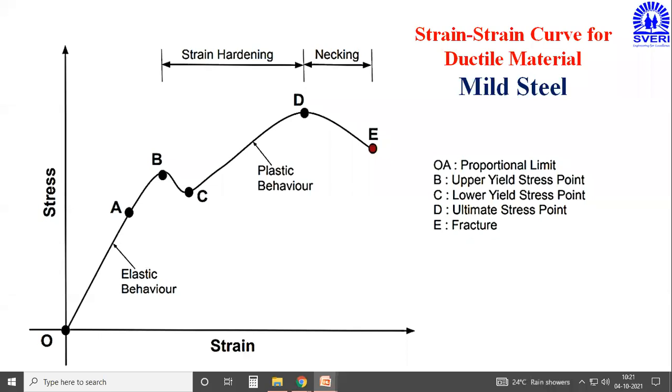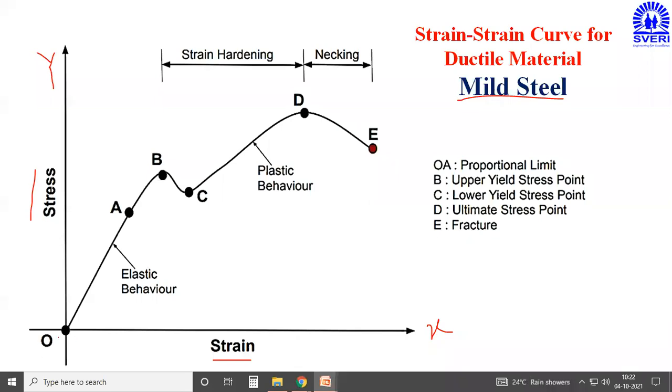First of all, we'll discuss the stress strain curve for the ductile material, and the ductile material I have considered is mild steel. So the curve I have represented here is for the ductile material, mild steel. Now here you can see the two axes. One is the x-axis, and the vertical axis is the y-axis. On the x-axis we have taken strain, and on the y-axis we have taken stress. The curve starts from the origin point, called O, or the zero point.